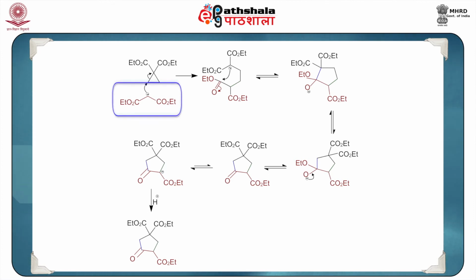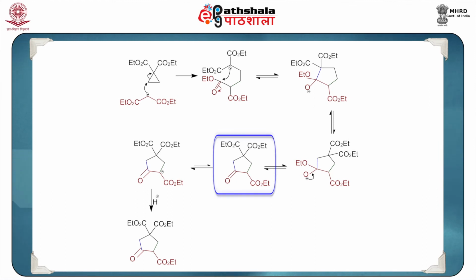When this is reacted with diethyl malonate, the CH2 in between, in the presence of base, can generate this carbanion, which will attack as a nucleophile at this particular carbon. Then this bond breaks and a carbanion is formed. This carbanion can attack again as a nucleophile, this ester carbon being electron deficient, and you get this alkoxide ion, in which the OEt goes out as a good leaving group, giving you this keto group in this position.